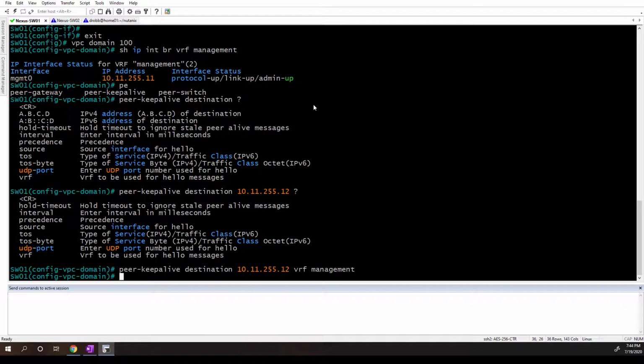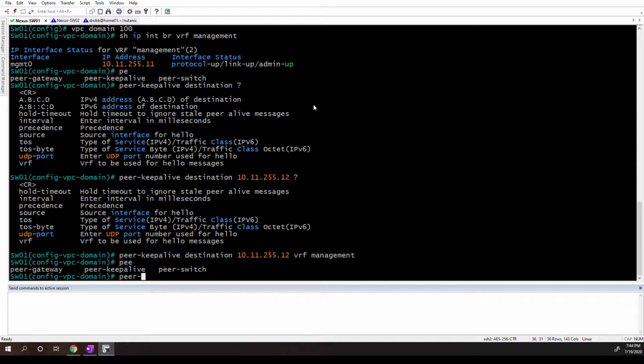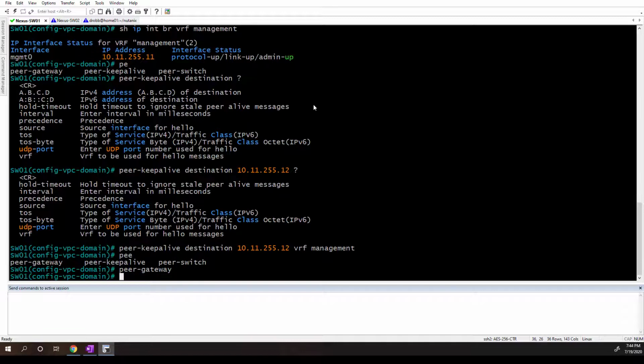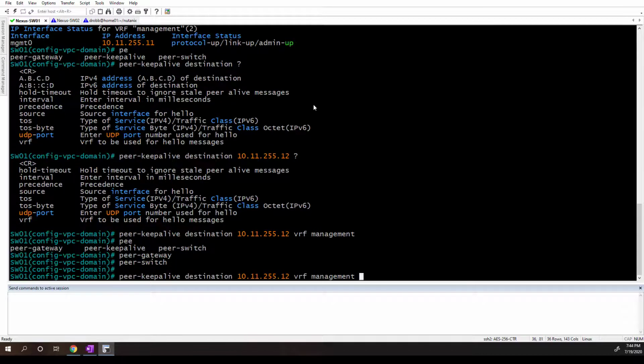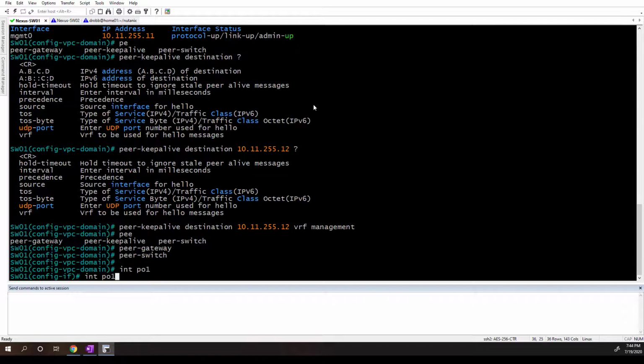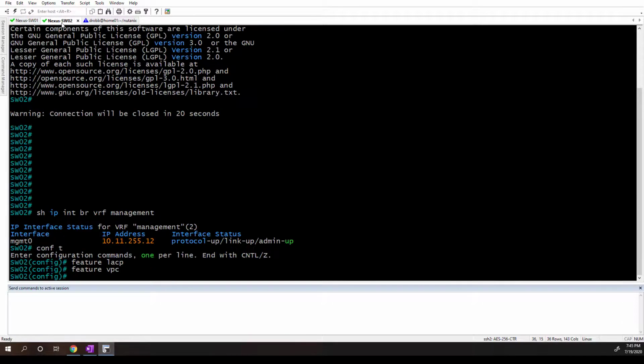And then we can customize this a bit by saying that this is going to be a peer gateway because we're running VRRP. It just helps the configuration. And peer switch will present the two switches as the same root ID there so that spanning tree doesn't get confused. So with that in place, we can now go back over to port channel, and I can do my VPC peer link. Now we'll just do the same thing on the other side,